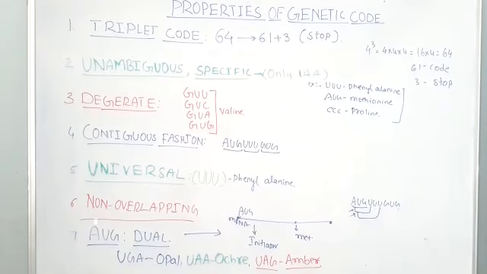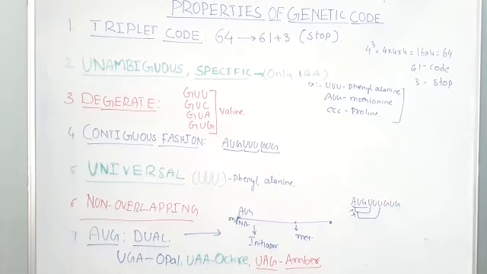Next, the genetic code is non-overlapping, as the name itself indicates. There is no overlapping. There is no sharing of the nucleotides. Here AUG, GUUU, like that some sequences I have written. These are two different codons. AUG is going to form one triplet code, but A cannot be shared with the U, A cannot be shared with the G, UU next to U. A single letter is not going to be shared with the subsequent nitrogen bases or nucleotides. There is no overlapping.